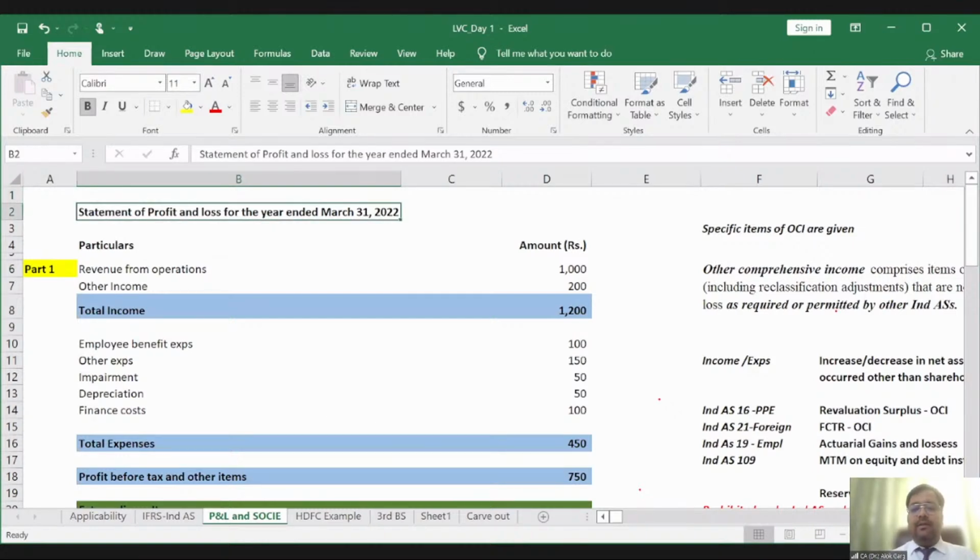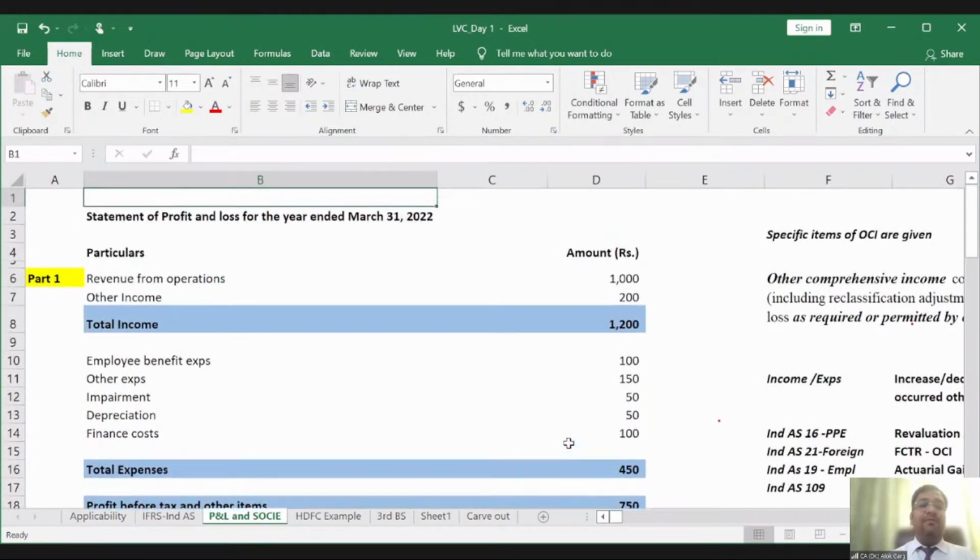So friends, let's discuss the concept of statement of profit and loss in Ind AS 1. The format is given under Division 2 to Schedule 3, but Ind AS 1 also gives the structure and content of the component of the financial statement. Ind AS 1 para 83 to 86 says what could be the line item on the face of the